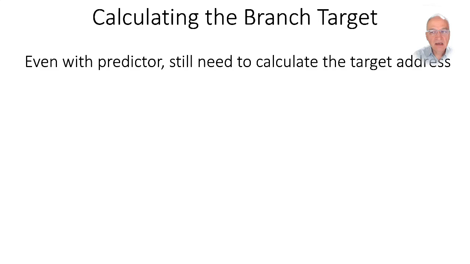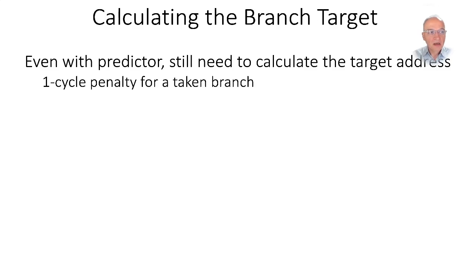However, if I make a prediction and the prediction is correct, I still need the branch target address, because if I predicted the branch is taken, I need to know where the branch is going. And computing the target address also takes time, because remember, I need to take the immediate value from the branch instruction, decode it and add it to the PC to obtain the target. So at the time that I need to do the prediction, I do not have the target address obtained from the branch instruction. There will be a 1 cycle penalty for a taken branch if I do not have another way